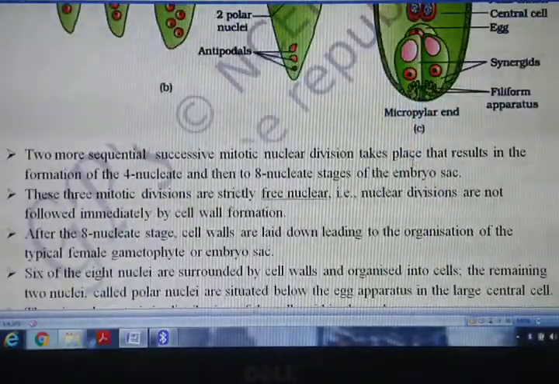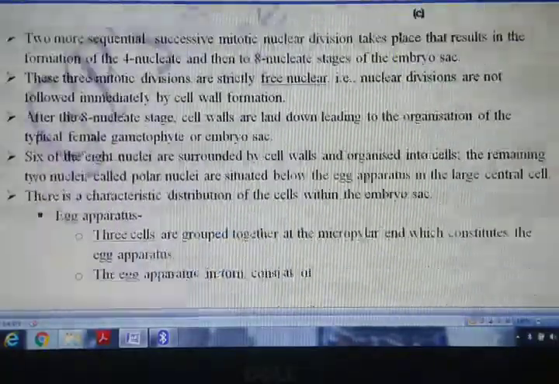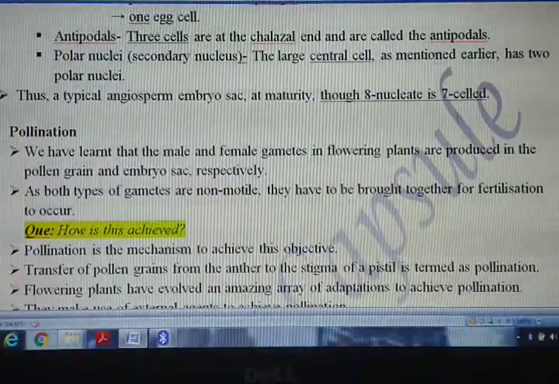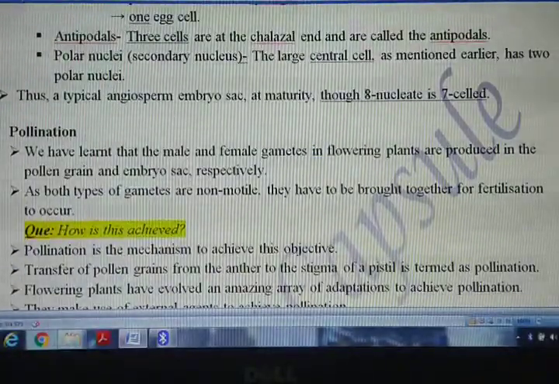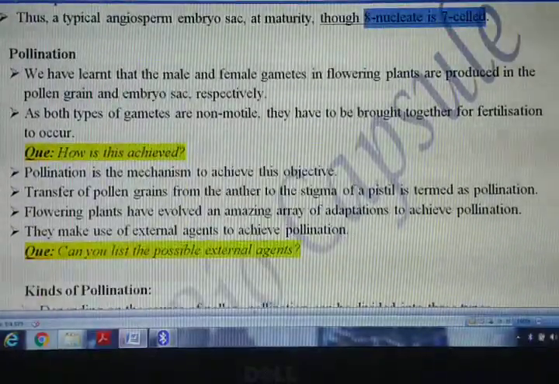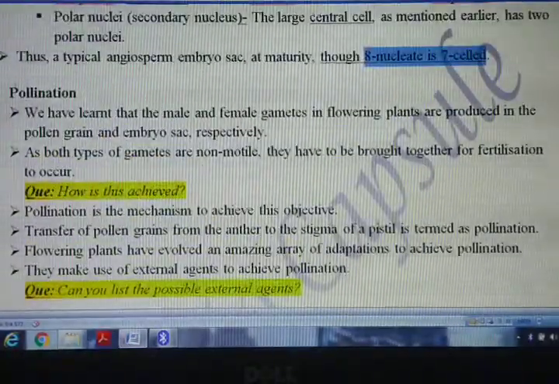So the embryo sac has 7 cells and 8 nuclei, that is 8 nucleated and 7 celled. Now let us see the next topic,